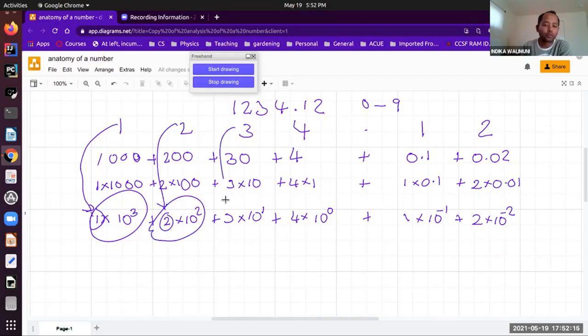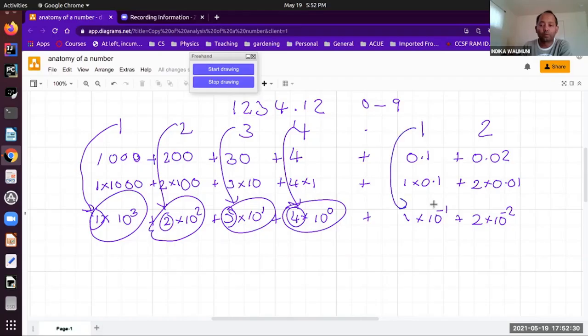Likewise, this 3 represents this whole thing, and it is this number, and this 4 represents this whole thing, and that is this 4, and this 1 represents this whole thing, and it's actually 1 here. Likewise, 2 represents this value, and it is this number. So each of these numbers represents each digit, and you can see that this 1 has the most value,